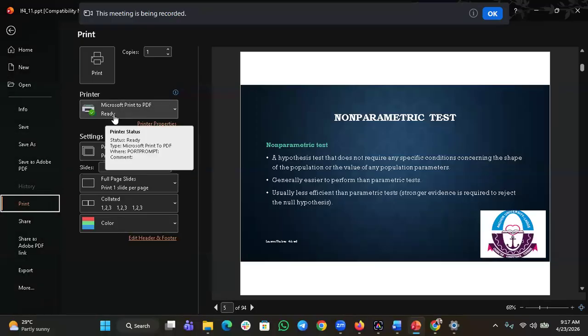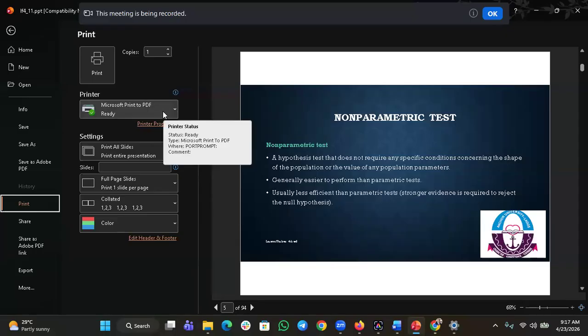But this one is telling you that if you want to convert it to PDF, that's why it's writing ready there. So that is, if you want to convert it, you are not printing. Sometimes if you want to convert to PDF and you don't want to print it, you can just use the print button and then choose print to PDF. Then if I click on print, for example,